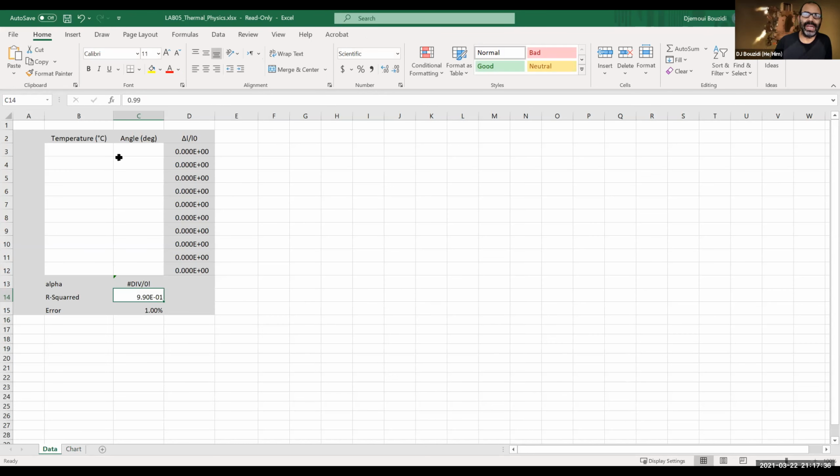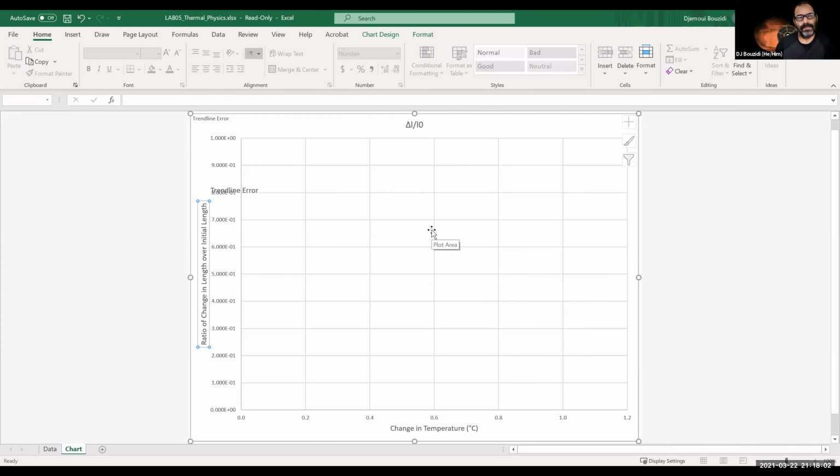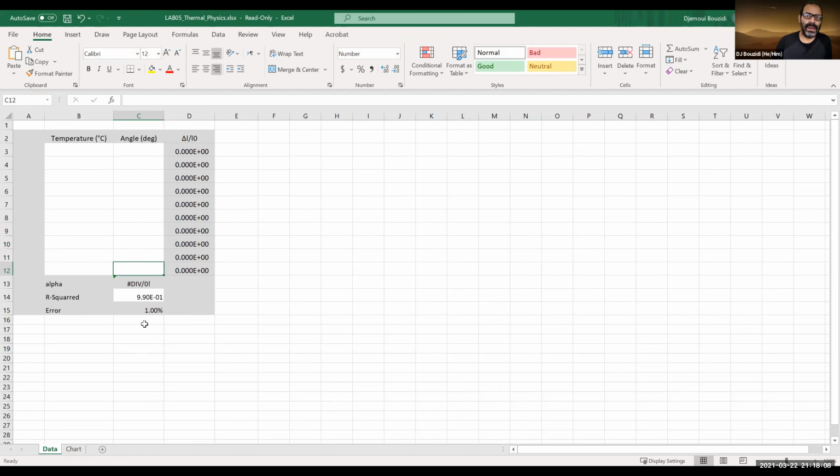Once you go back into the data and fill out the temperature, the 10 points in here, okay? And give for each point the angle that you have carefully collected. Now, it's going to give you the alpha value, and it's going to fill out the delta L over L naught for you, all 10 of them. Then you're going to check the chart in here and read the number of R squared from it, bring that number and put it in here. So let's say, for example, it's 0.93. If it's 0.93, the error should be 7%. So at that point,